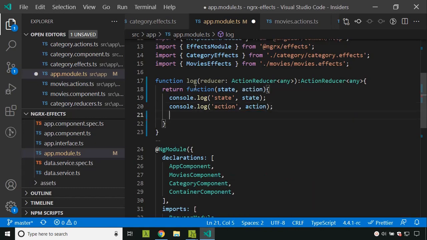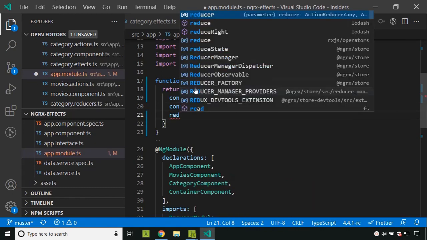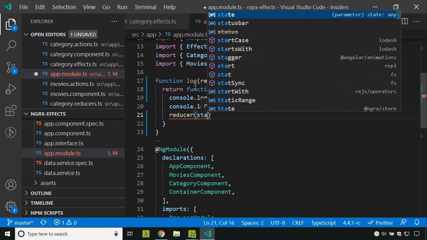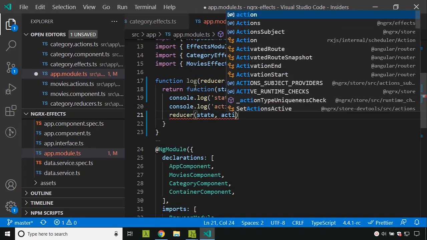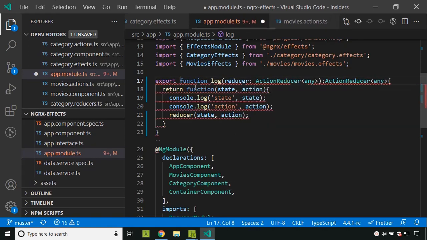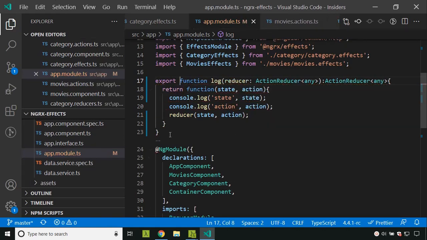Then after that we can call our actual reducer with the state and the action as arguments. I will just export this function as well.